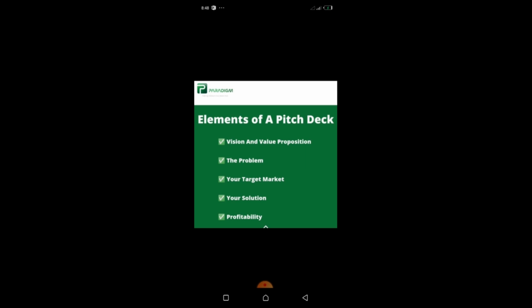So this is the problem. So you must explain the problem you want to solve, so that the investor can see how real the problem is. The number 3 element of your pitch deck is your target market. You must explain to your potential investors who your ideal customers are. For the Paradigm, our ideal customers are small and medium business owners. You must explain to them how